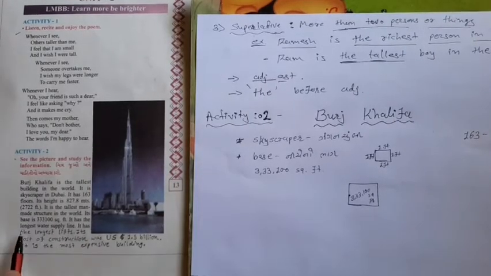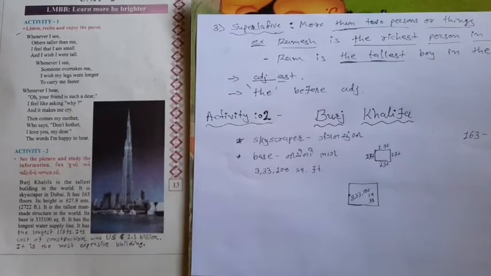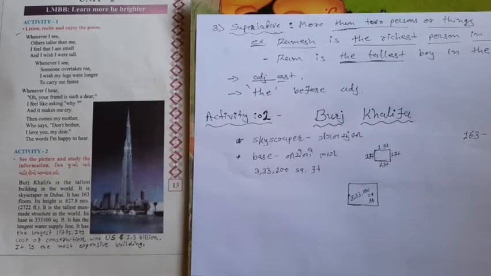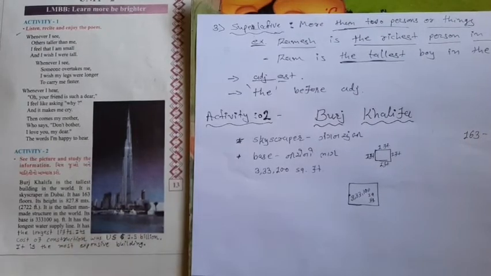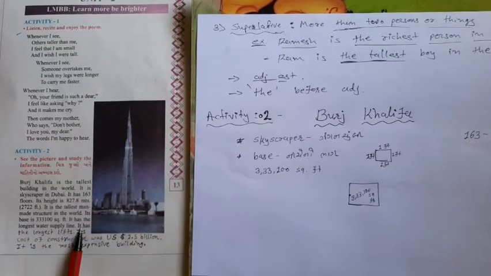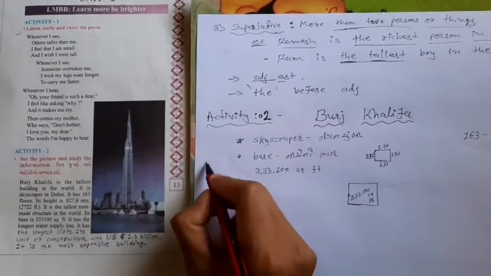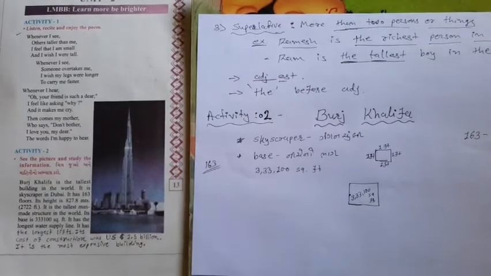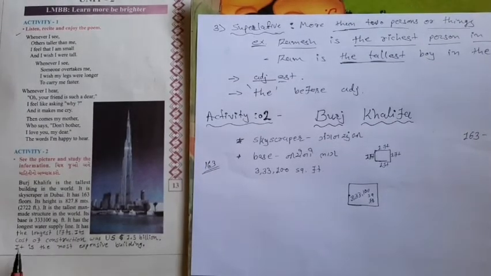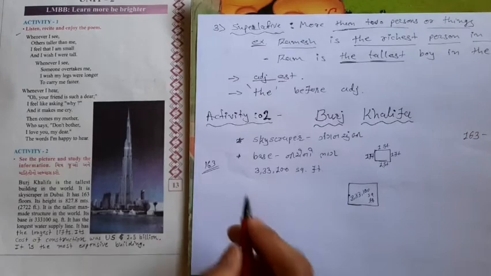It has the longest water supply line. It has the longest lifts. Because it has 163 floors. Its cost of construction